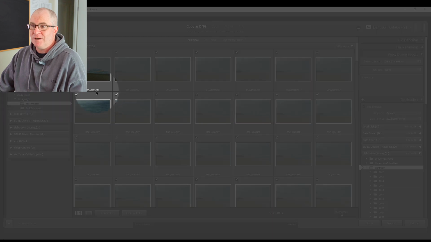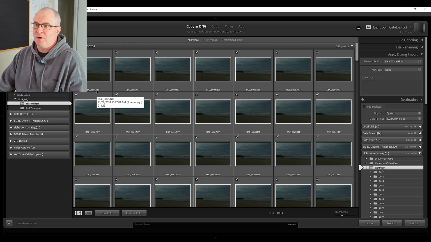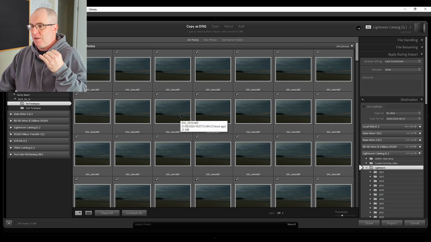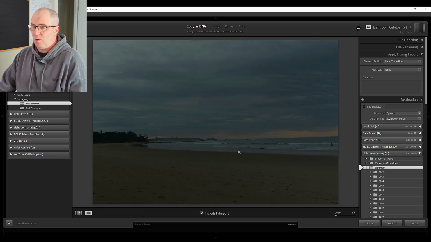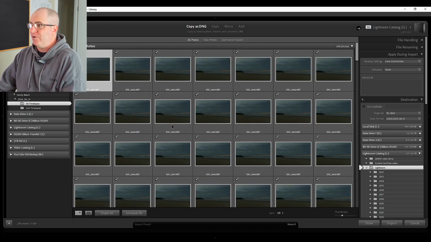Now, what you'll notice here also is I've got .nef files. This means that they are in raw image quality files. If you've shot JPEGs, that's fine. I shoot .nef, and it's a good thing that I did because these images seem to be quite underexposed, but I will be able to bring them back when I edit them in Lightroom because they are NEF files.